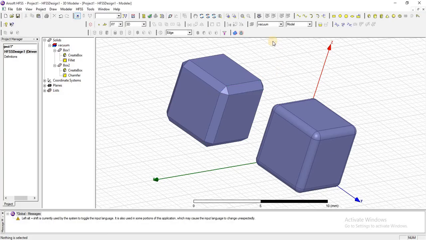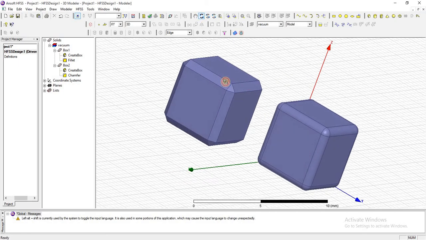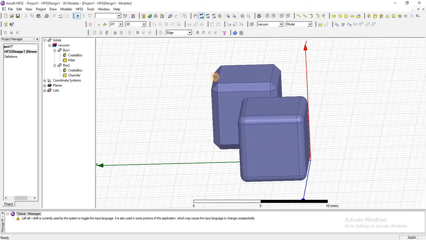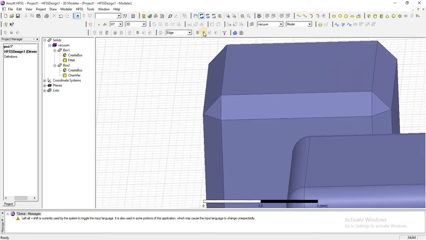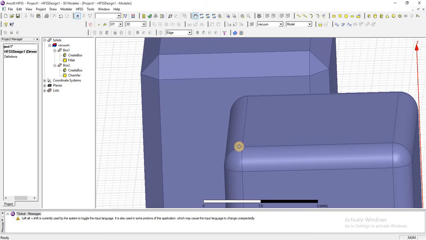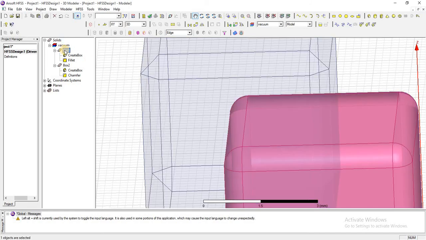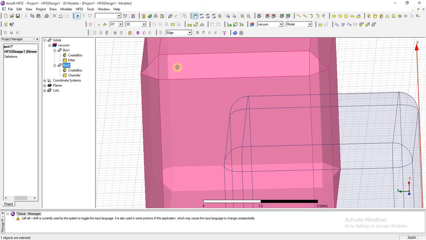Now look at these two diagrams. Here you can see that this object is filleted, box 1. Its corners are in a rounded shape. But in box 2 we used the chamfer command, which is in the form of a slope.